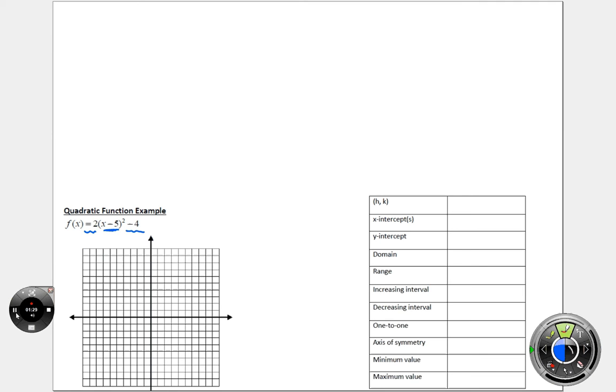So we have the parent function and how it works right here in this table with these values. Negative 2 matches 4, negative 1 matches 1, etc. How is this function adjusting the x's? What is happening horizontally, or to the x coordinates? Since it's in the parentheses, you do the